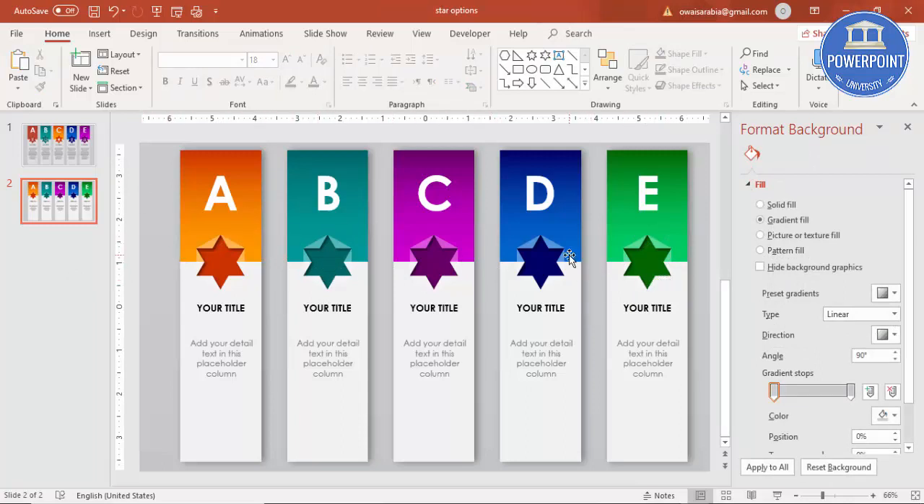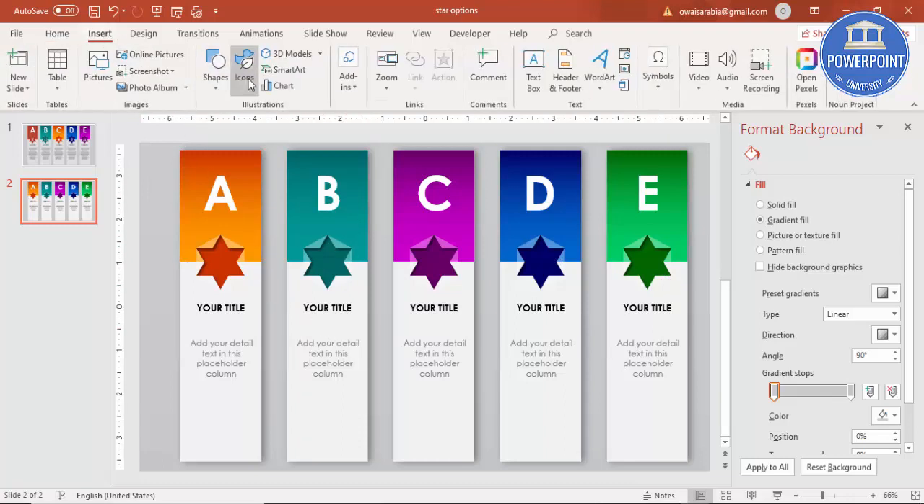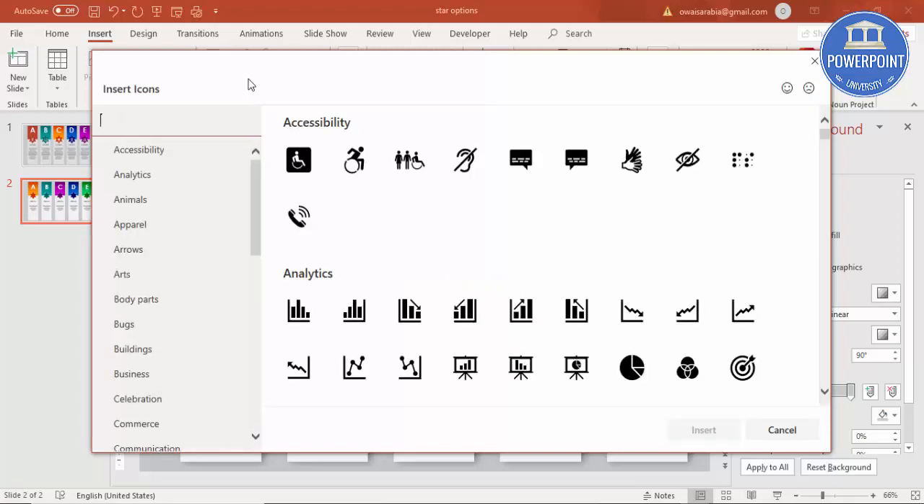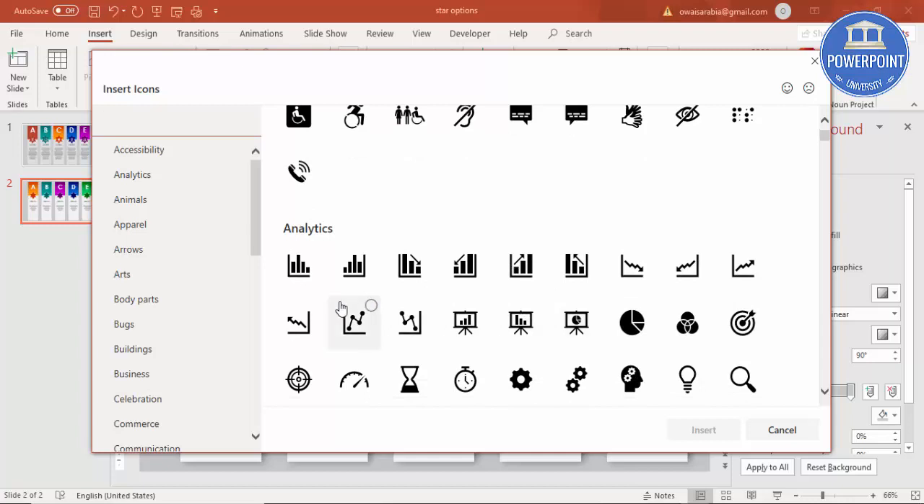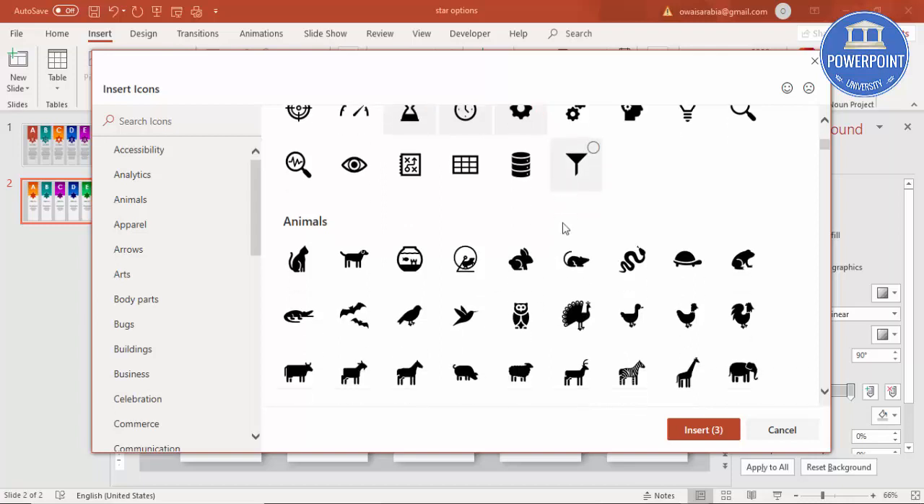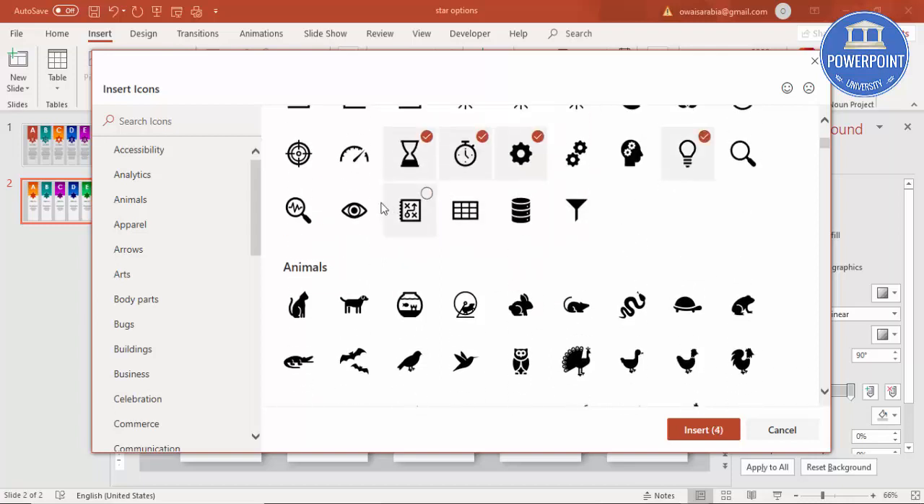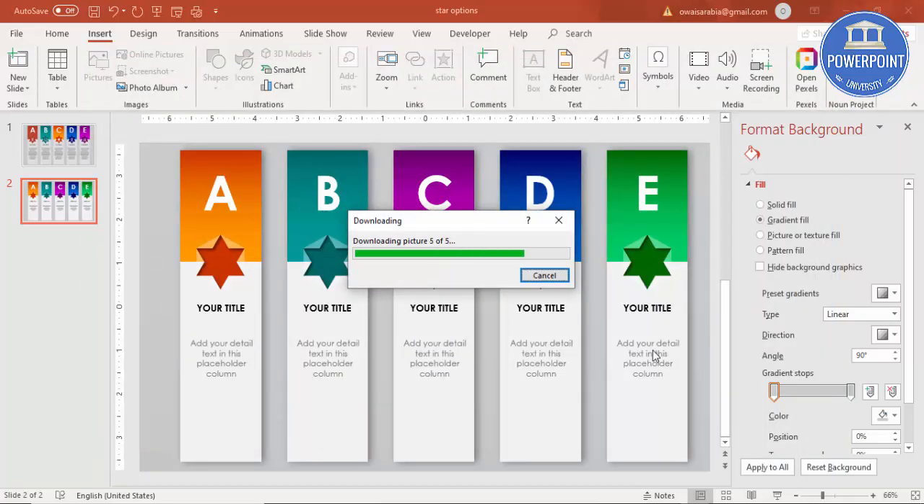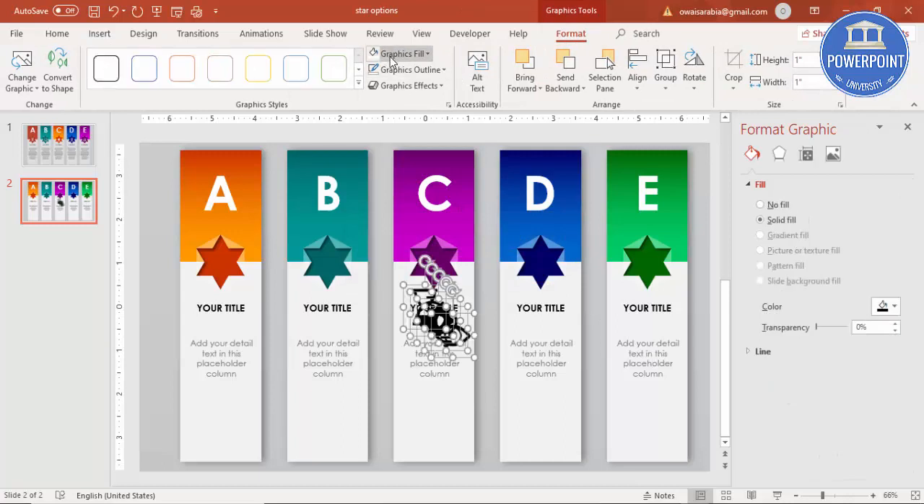Only part which is remaining is to insert the icons. To insert icons, go to insert and click on icons, and these icons 2007 and 2010 version I think is not available. Only in the latest version these particular icons are available, or you have to go to the internet and select some good icons from there. So let me just select some good icons. I will just say 1 2 3 4 and maybe this 5. Insert and graphic fill, I'll make it white color